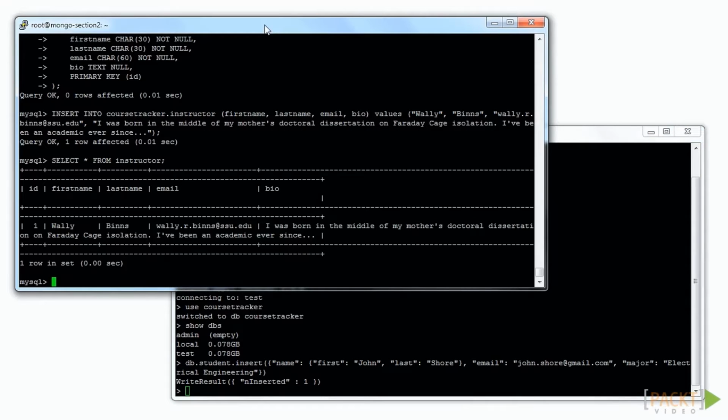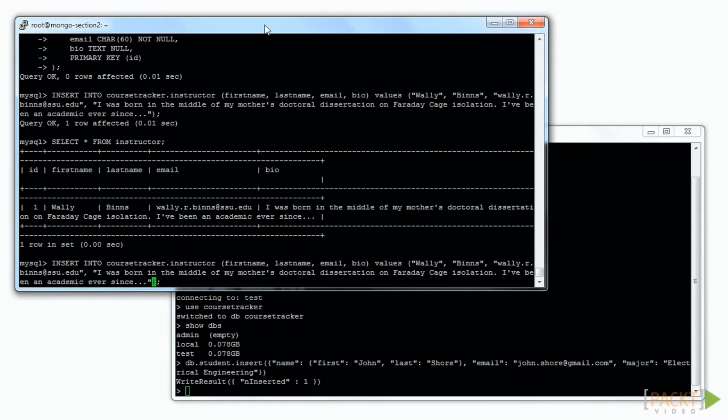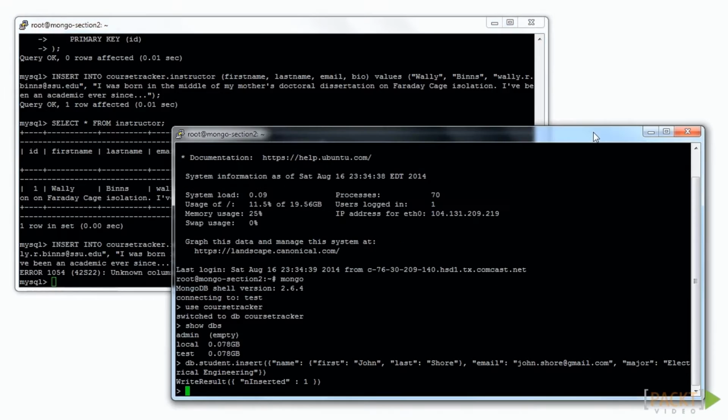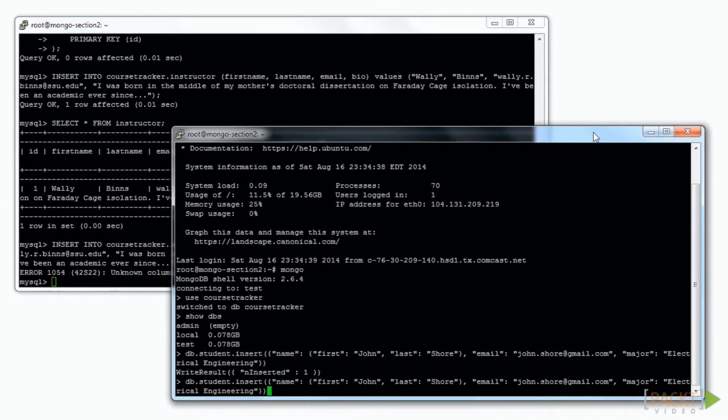To illustrate the effect of a rigid schema, let's go back to the relational database and attempt to insert a record that includes additional information. For example, let's add a value representing his GPA. You can see that the relational database notifies us of an error, that the column GPA doesn't exist, that the column GPA is unknown. On the other hand, in MongoDB, we can easily add the modified document to the existing